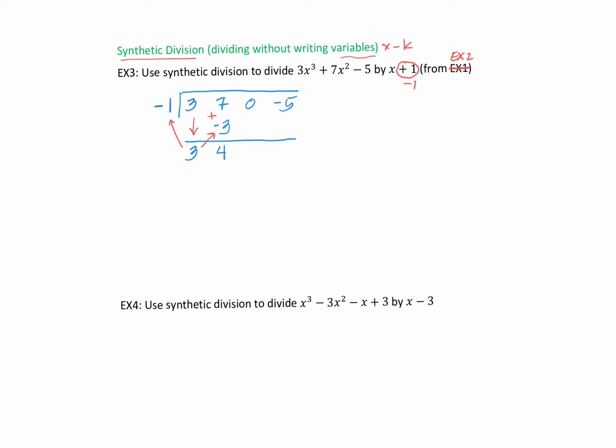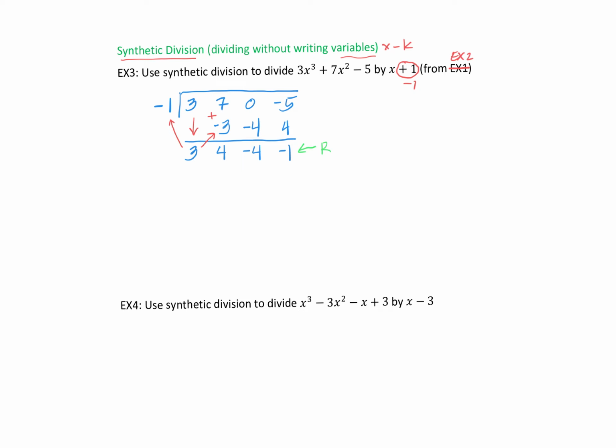What do we do with that 4? Again, we multiply it by the negative 1. So 4 times negative 1 is negative 4. That goes under the next number, which is 0. And then we add. 0 plus negative 4 is negative 4. Now we take that negative 4, multiply it by the negative 1 to get a positive 4, and then we add to get a negative 1. So recall that that negative 1 was our remainder